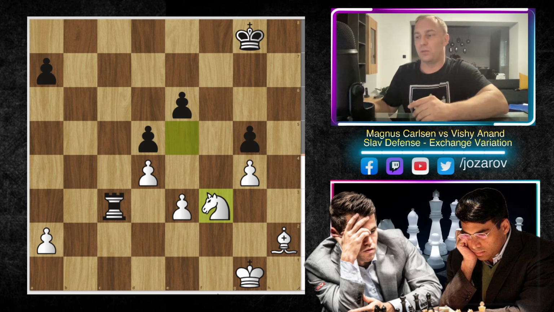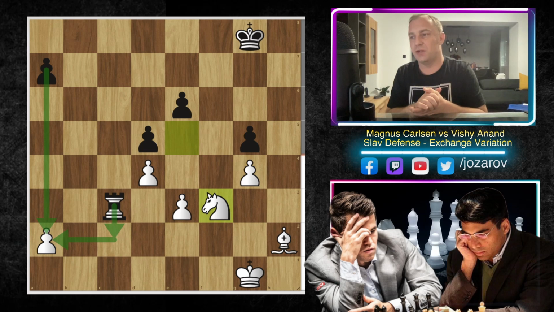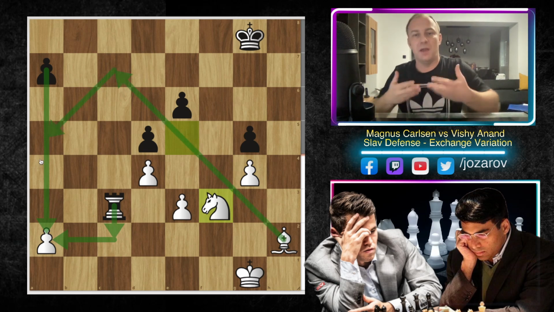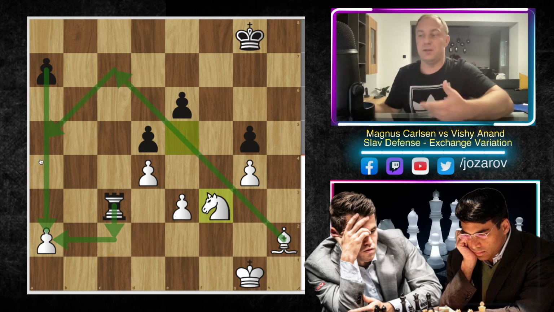Magnus will probably lose this pawn on a2, and now Vishy Anand can of course create this passed pawn. The problem is now this is this passed pawn on the edge of the board, and the knight doesn't like the pawn on the edge of the board. And you see now also the bishop is far away from the action, so you need many tempi in order to include your bishop somehow into the defense. This black pawn will simply march on and will try of course to promote itself to queen.